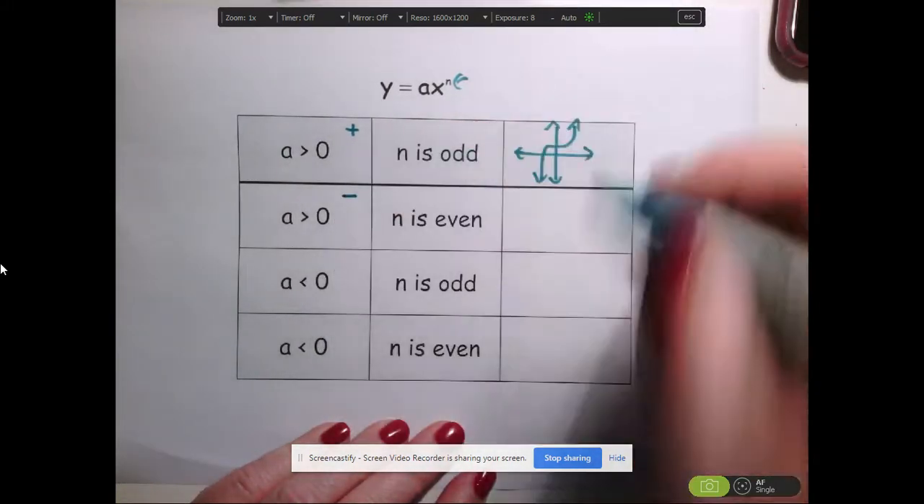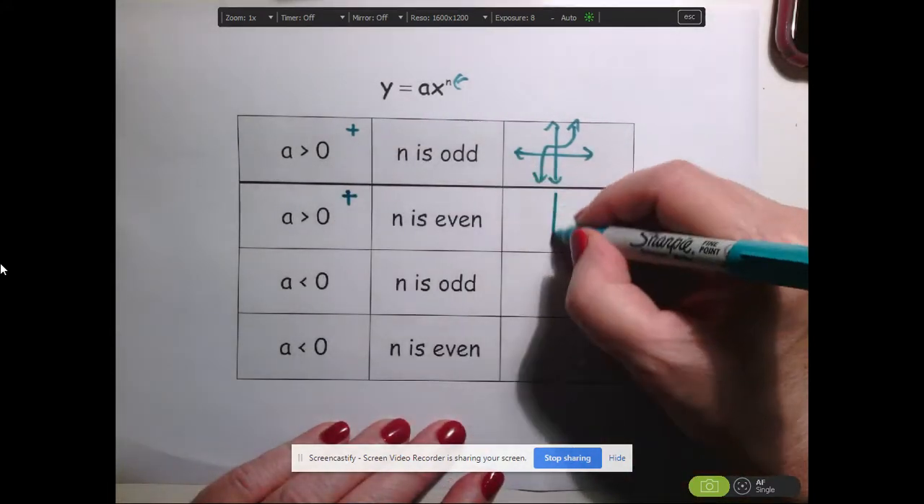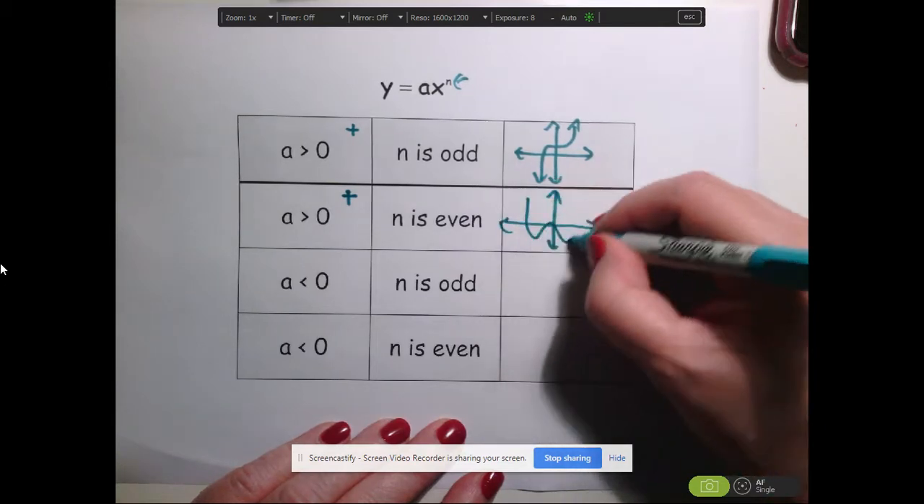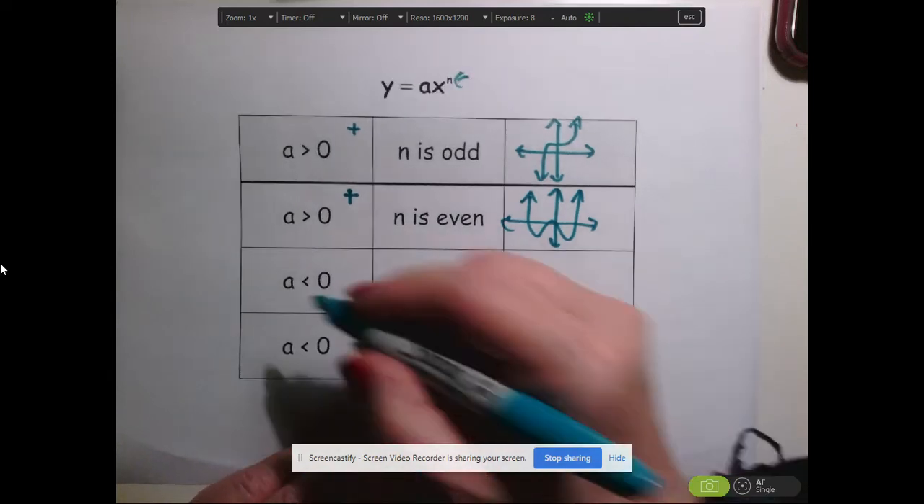If it's negative, it's greater than 0. It was positive, but it's even. Now your graph will have a shape that's going to be sort of like this, parabola-ish. If a is less